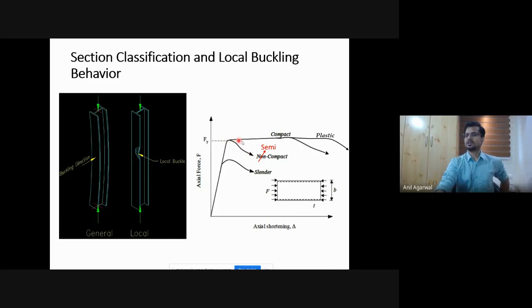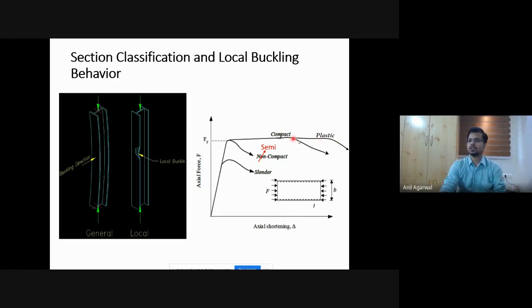If it is really thick, then there is a way that you can go into sufficient plasticization of the cross section. So you can develop some amount of plastic strain and then it will buckle. Also, you can make it really, really stocky, that is a very small B by T ratio, and for such cases, you can go to the plastic limit. That is called a plastic cross section, where you can apply a very large plastic strain. Not only that, you can apply that kind of strain in reverse also. So you can reverse the cycle and apply the load again, and it will keep behaving as a plastic cross section and will not undergo local buckling for a very large strain.